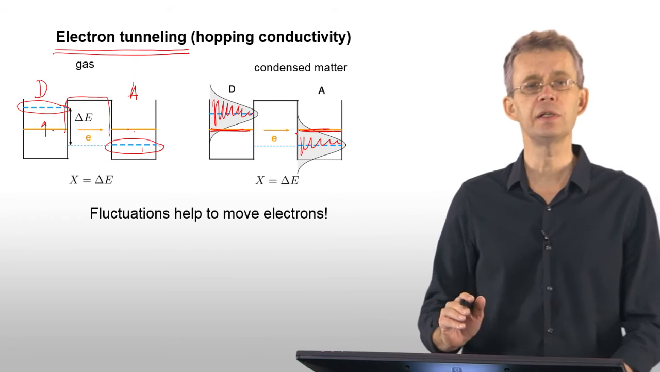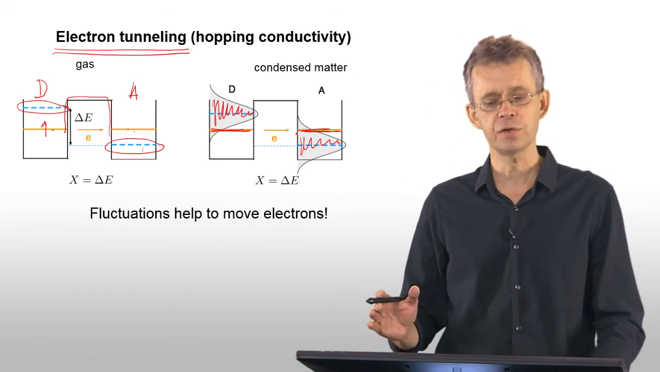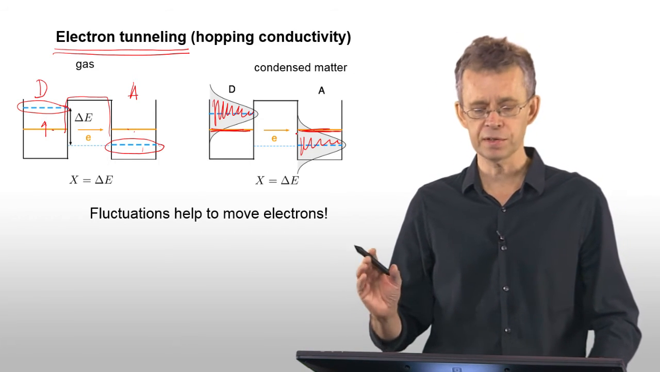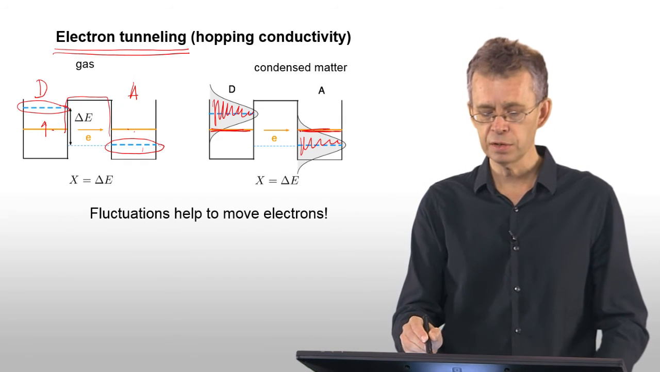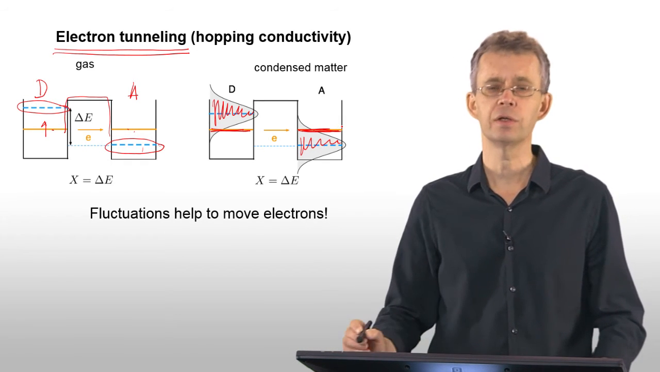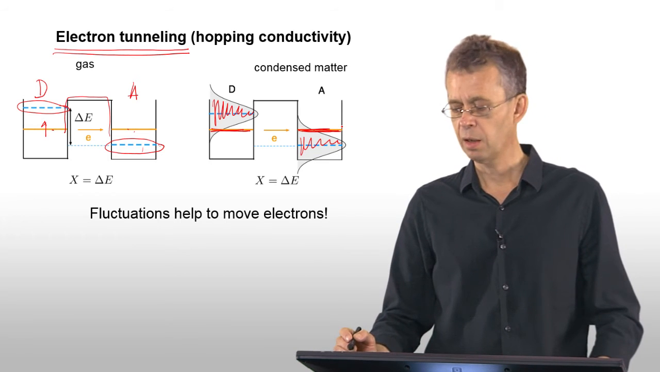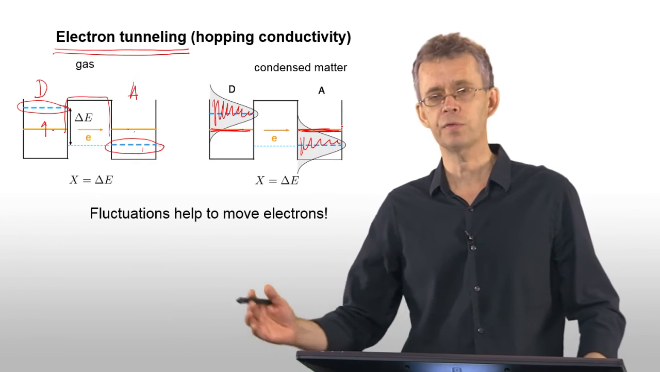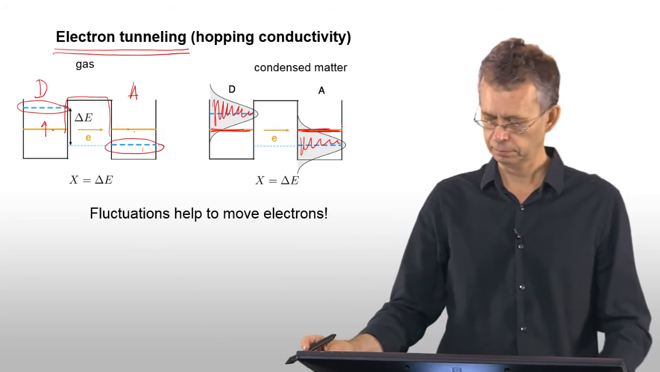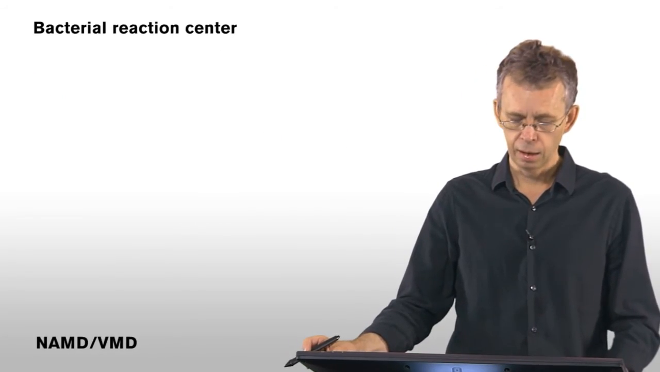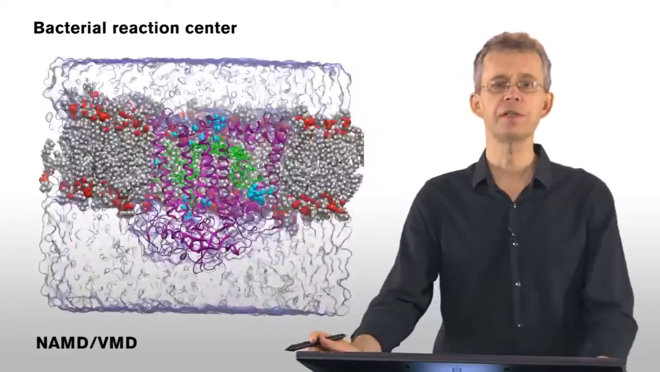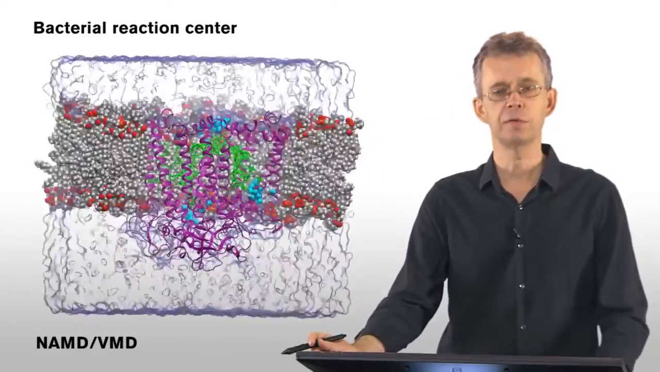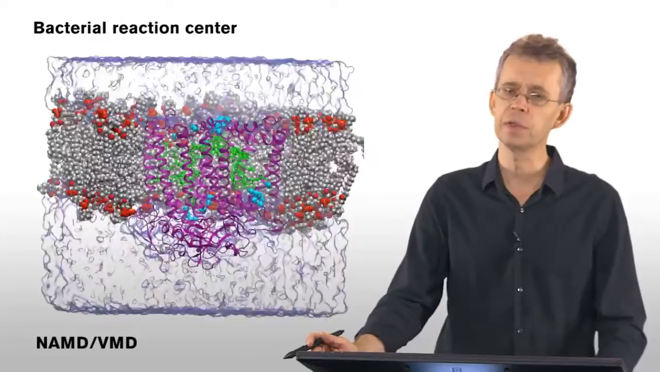Which immediately tells you that you do need temperature to move electrons around, because temperature creates fluctuations, and those fluctuations are what allow the electron to move across the membrane by a sequence of tunneling events. So it is easy to see that fluctuations are useful for the purpose of delivering energy, and that's indeed what is happening in